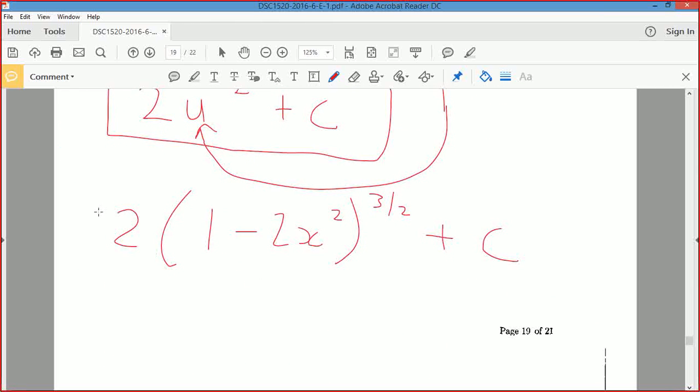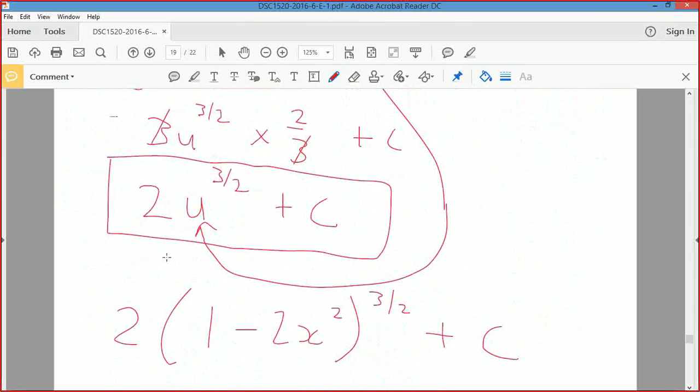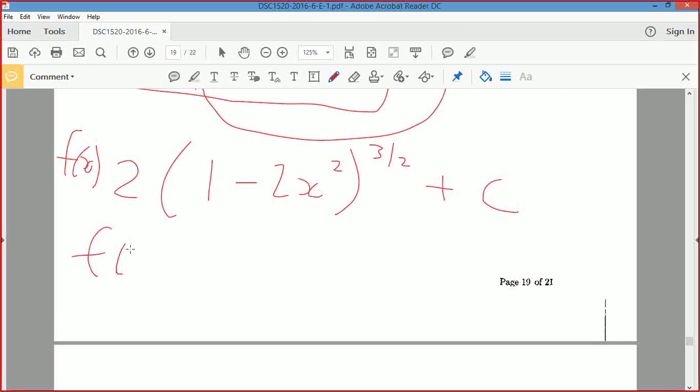Okay, now what do I do? Substitute in. What do I want to substitute? 1 and 0. Okay, so this is my f of x now. That's my function. So f of 1 and f of 0. Okay, so let's put in a 1 and a 0. Obviously 1 squared is 1. Then I'll have 1 minus 2, which is minus 1. Minus 1 to the power 3 over 2